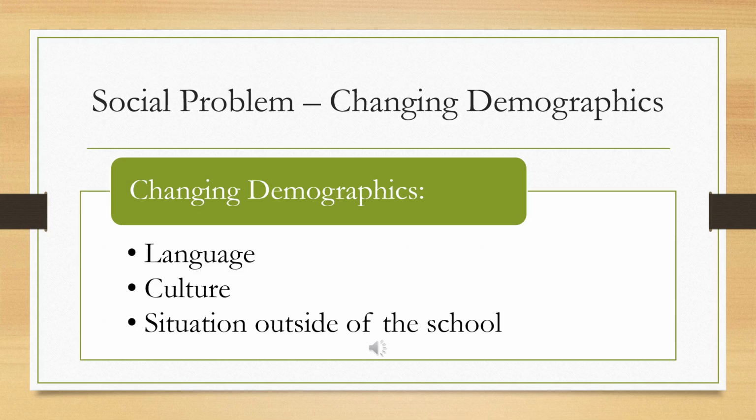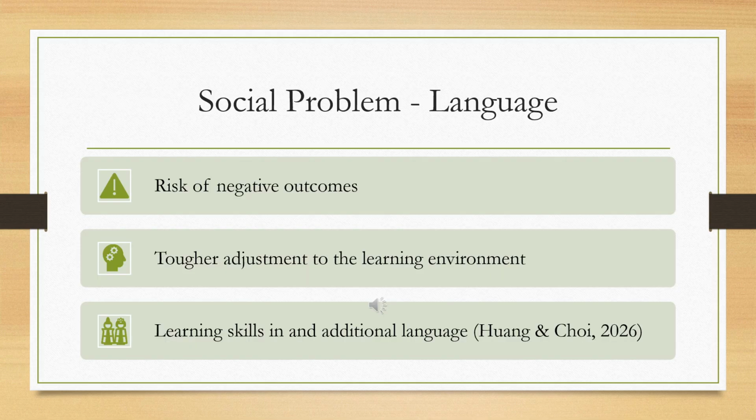The social problem. We're looking at changing demographics for Canadian communities as a result of immigration and other geopolitical factors that necessitate leadership that accounts for these learners' language, culture, and situation outside of the school. When a child or learner attempts to learn outside of their preferred language, they are at risk of having negative outcomes deter them from future participation. Learning how to read and write in a second language presents challenges for these learners that their monolingual peers do not face. Their peers have established oral language skills in English that help them when adjusting to online learning.